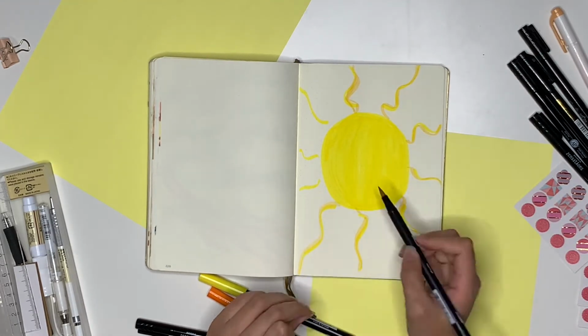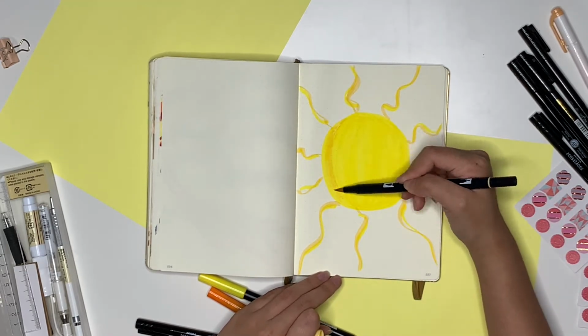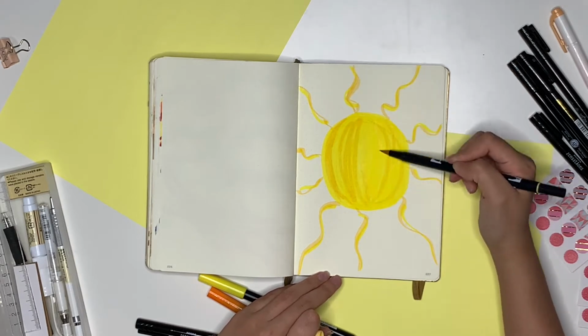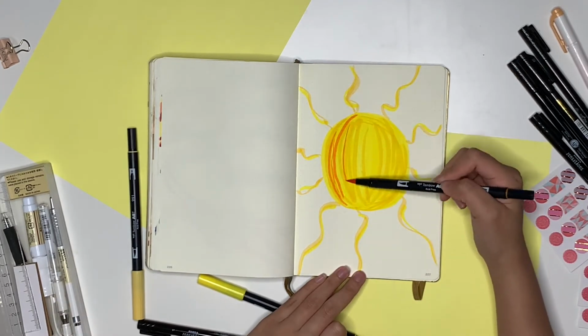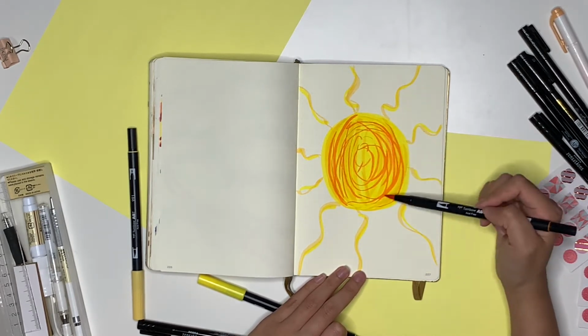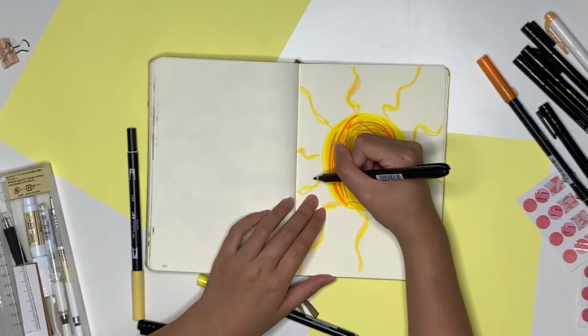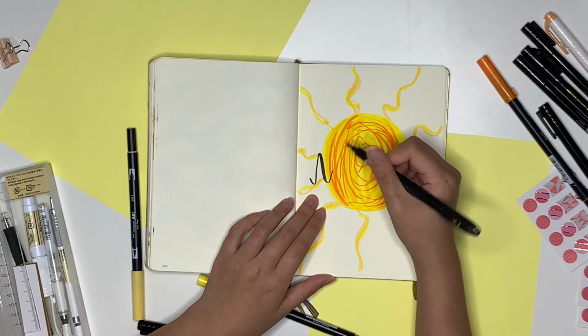So here I'm using all of my Tombow brush pens. First I started off with the yellow, then I made some details, and then I'm going in with an orange Tombow brush pen, and then I'm going in now with a zebra brush pen to write out the title of the